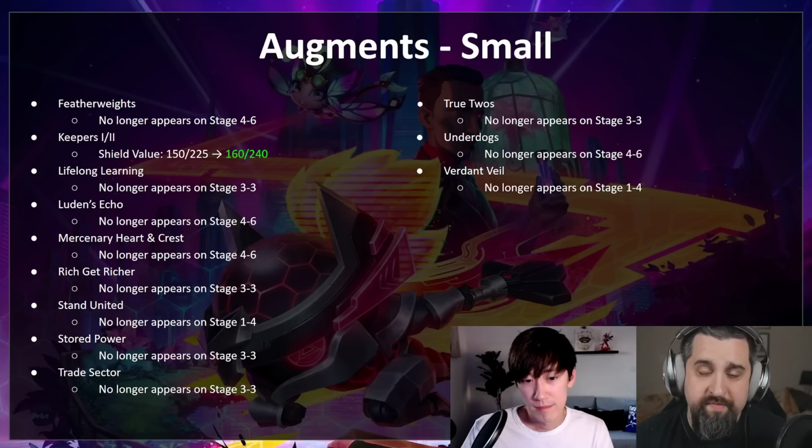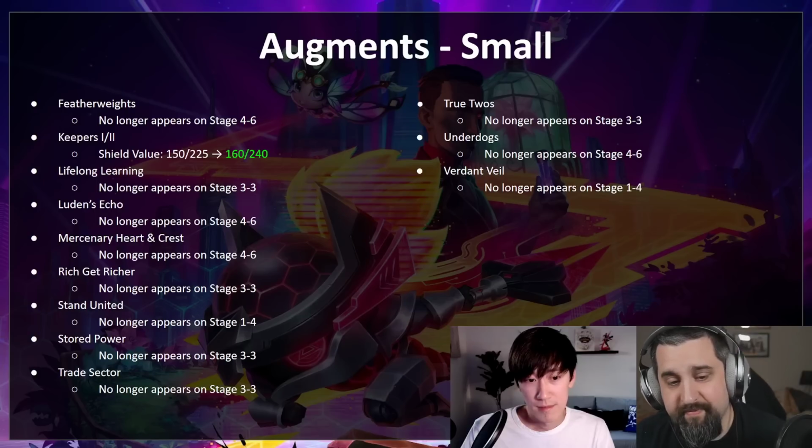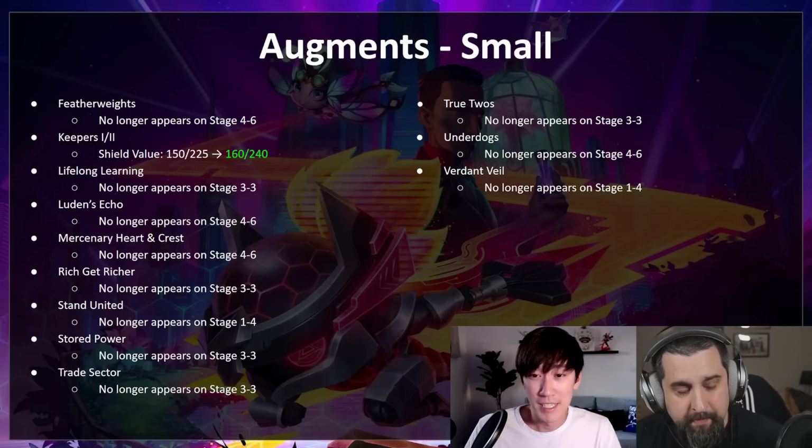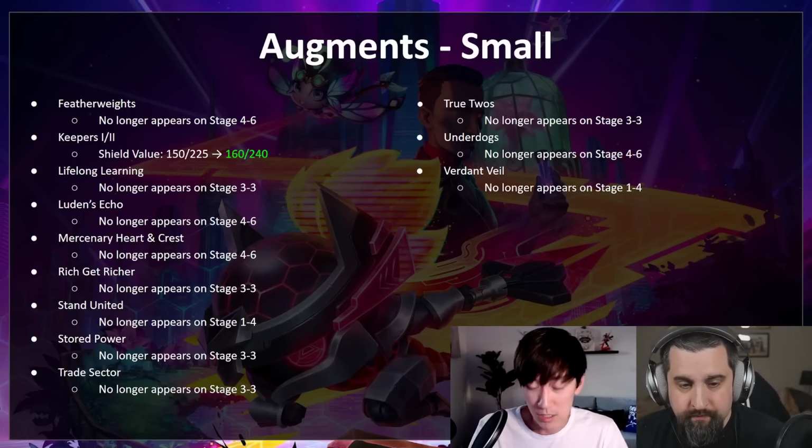Really just one of the worst prismatics to get at 1/4. It's amazing at 4/6, not so much at 1/4. So cutting out a lot of these dead choices. Yeah, and basically, with the electrocharge change that we mentioned earlier, these are just those times